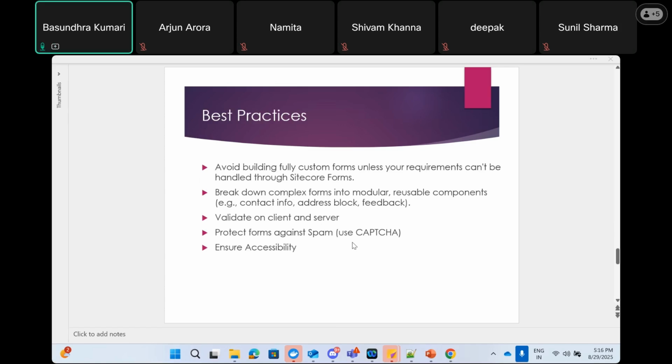We have a few best practices that are recommended when using XM Cloud Form. The first point is to avoid a custom-built form unless it cannot be handled through the Sitecore form. Then, as I mentioned earlier, we can break down a complex form into modular and reusable components, for example contact info, address block, feedback block. All of these we can reuse. Then we can have validation on client and server side, and we should protect the form against bots, for which we can use reCAPTCHA, and